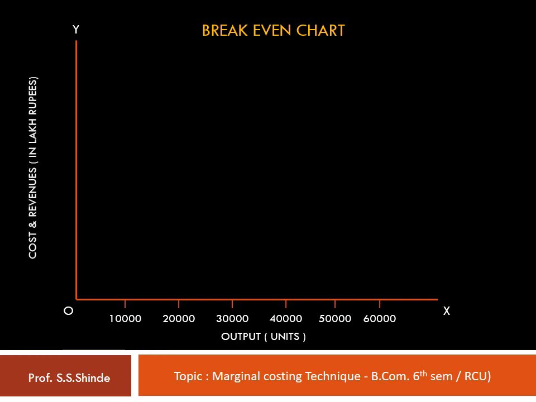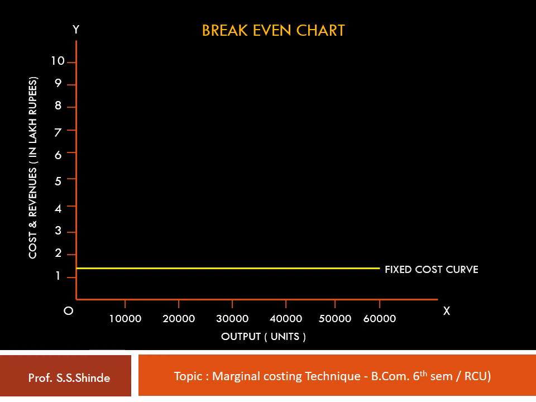On the OY axis, we plot the cost and revenue in lakh rupees, that is 1 lakh, 2 lakh, 3 lakhs, 4 lakhs, 5 lakhs, 6 lakhs, 7 lakhs, 8 lakhs, 9 lakhs and 10 lakhs. We draw the fixed cost curve at 1,50,000 rupees. Now we plot the